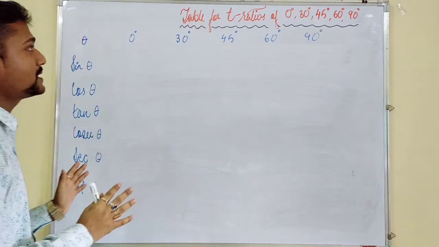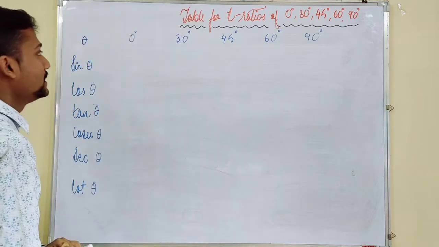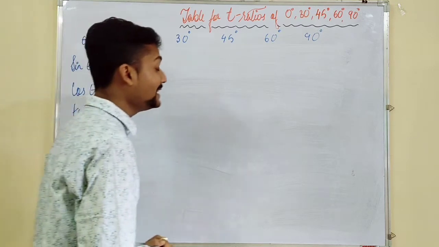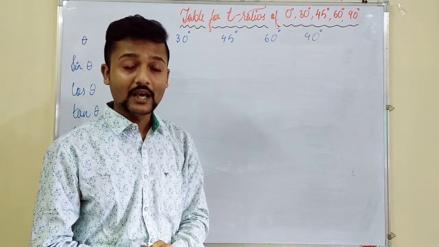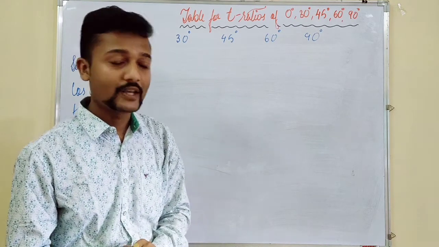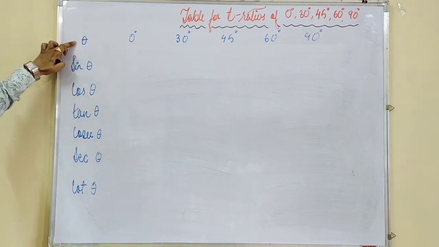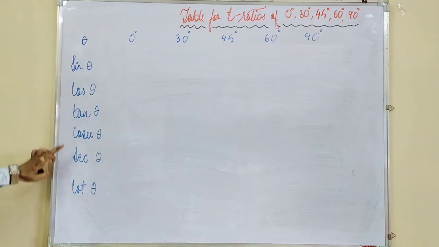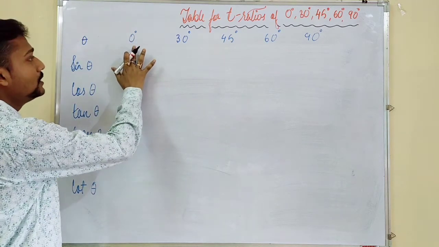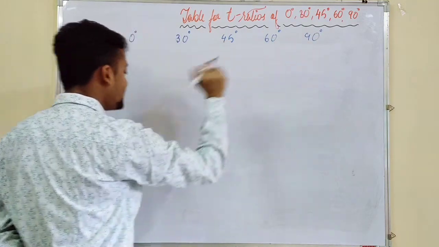We will try to represent all the trigonometric ratios of the special angles in a tabular form, and while representing it in a tabular form we will try to see how we can do it without actually memorizing the values. So we will arrange it in such a manner: theta, that means the angle, sin theta, cos theta, tan theta, cosec theta, sec theta, cot theta. And here we will take 0 degree, 30 degree, 45 degree, 60 degree and 90 degree in ascending order.